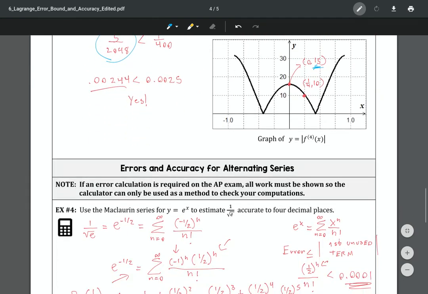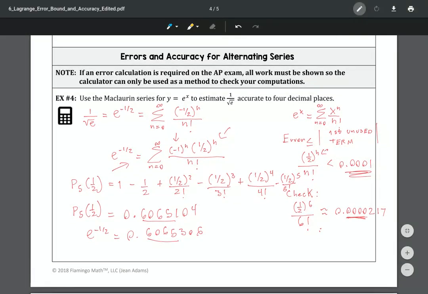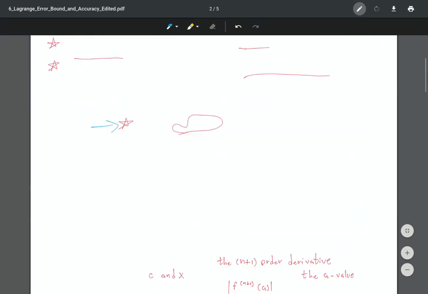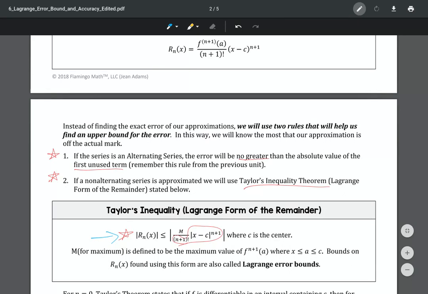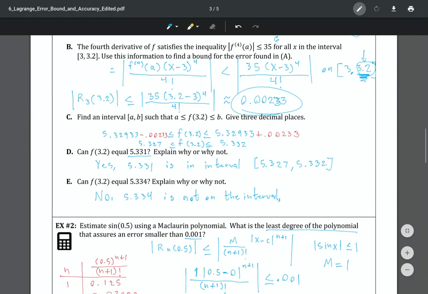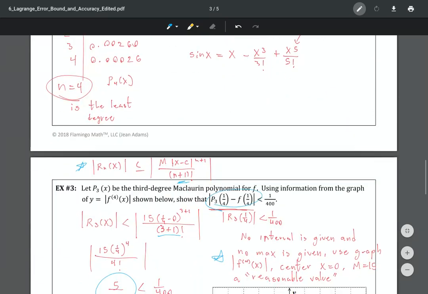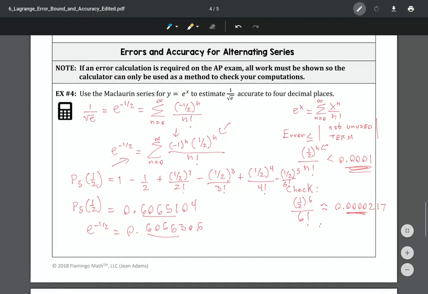Now it leads into the alternating series, which I personally find easier. Remember what I said at the beginning? Basically, if you have an alternating series, the error will be no greater than the absolute value of the first unused term. That's very useful here. So what I do in an example like number 4, let's see, that one right there is the first. Notice that it's asking us